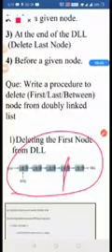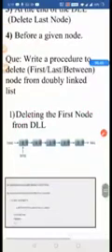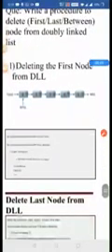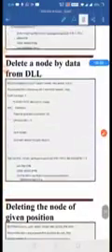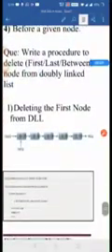So this was how we can delete a node from the front, at the end, before any particular node, and after any particular node. So this was all about the double linked list and its insertion and deletion processes in this session. Thank you.